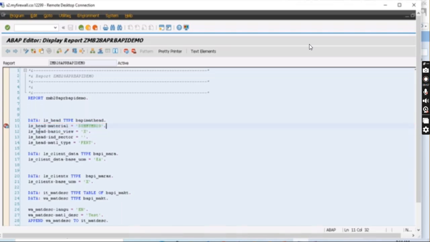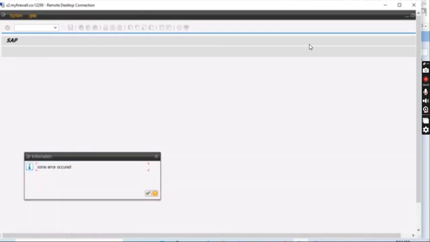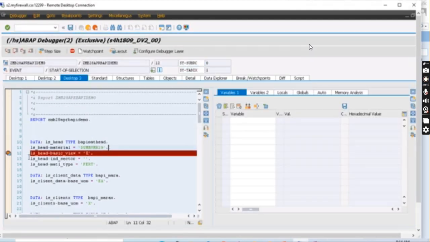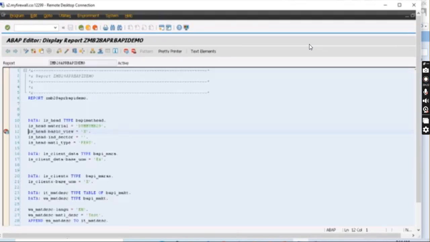If you want not to be here, let me come over here, press F8, and if you want it not to be here, you have to remove it and click on the save button, then only it will not be there. So you can see that, but it's still there.